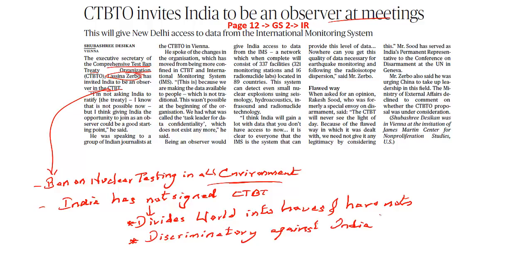Then there are countries which already have a large number of nuclear missiles. We as a country, India, are ready to dismantle our nuclear system. But are those countries ready to dismantle theirs? No. There is no time frame given under this particular treaty. Even if we are ready to dismantle and destroy all our nuclear missiles, all those countries which already have them are not ready to dismantle. They are not ready to remove all their nuclear missiles. They are not ready to destroy them. So the point here is there is no time frame mentioned to dismantle the existing nuclear weapons that are already prevalent in those countries. So India is objecting to this particular point. Why should we destroy ours while all those countries have retained their nuclear missiles?